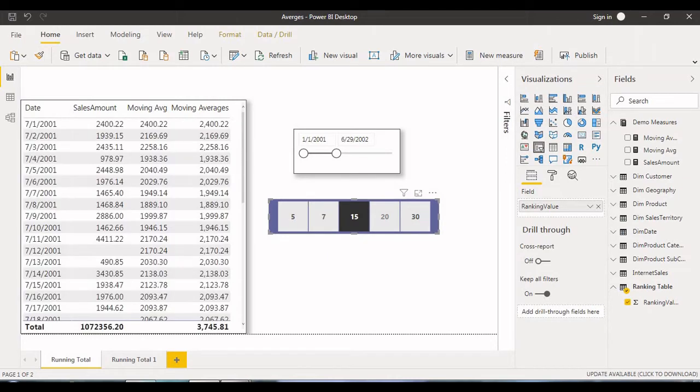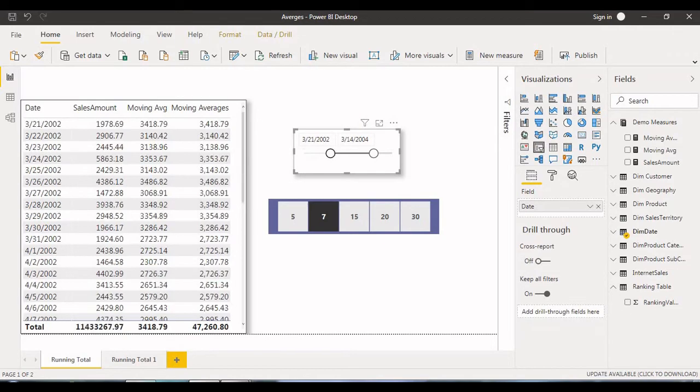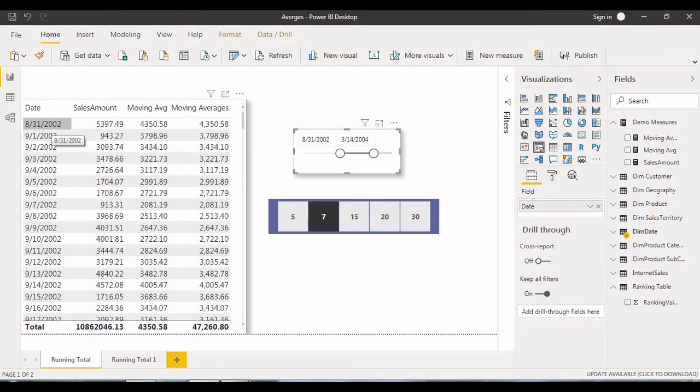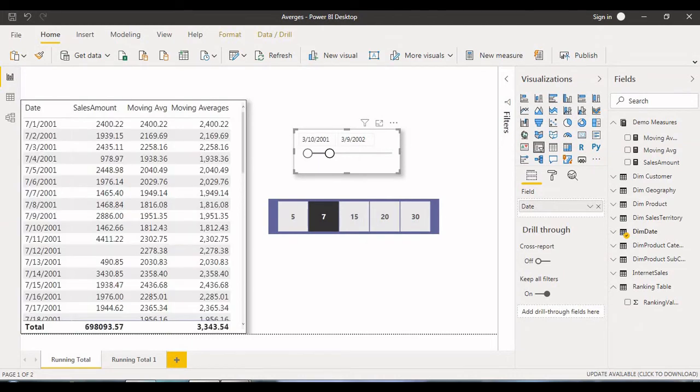We can select anything, and it gives the result dynamically. I'll even make some changes in the dates, and it works. Now we are calculating from August 31st 2002 onwards, the 7 days moving average. Based on this we can select any dates, and in between dates we can find the moving average.